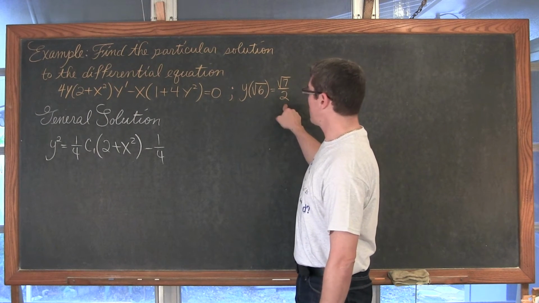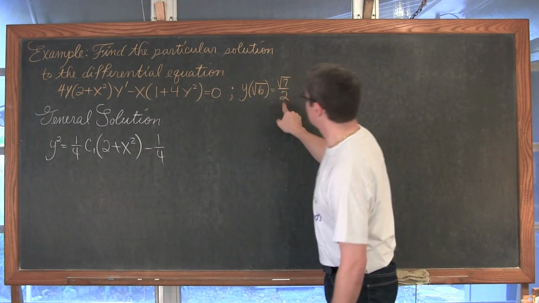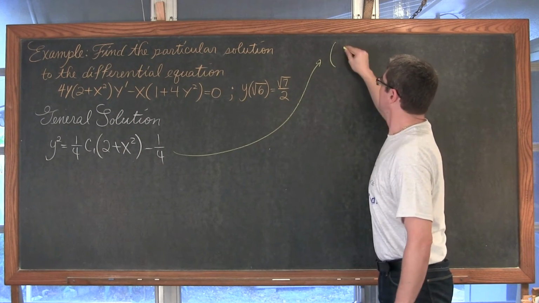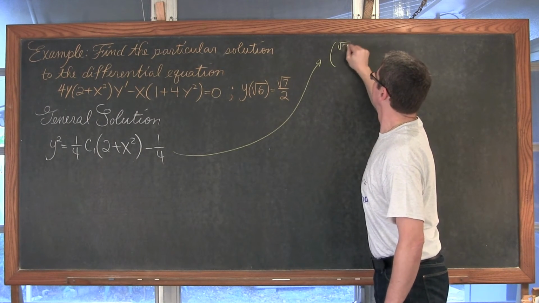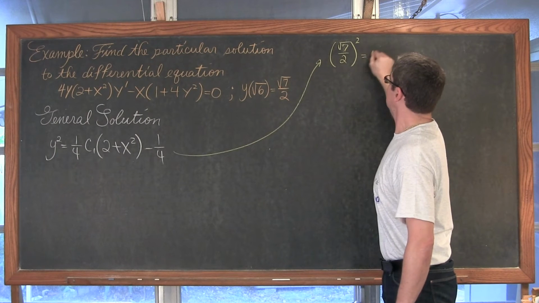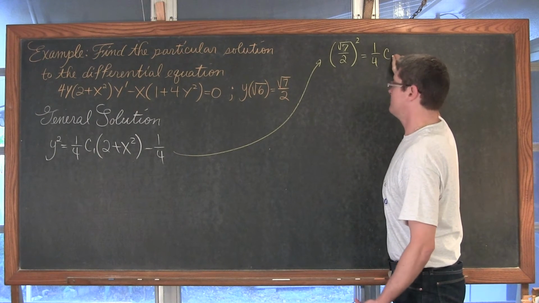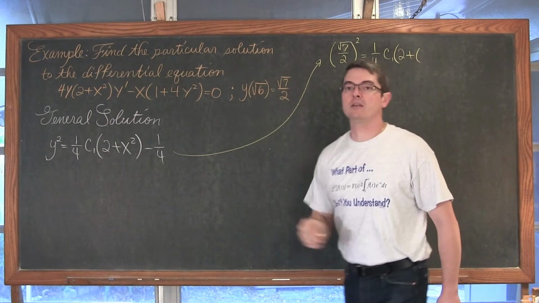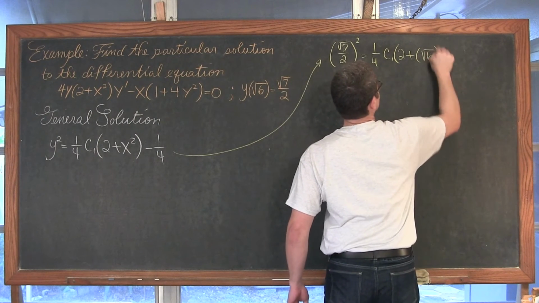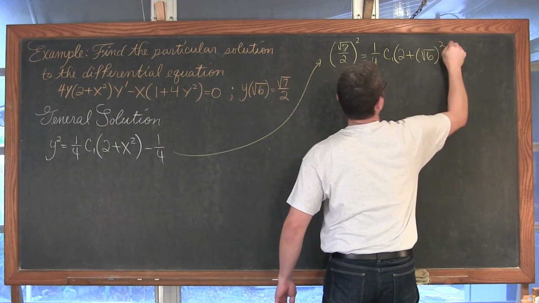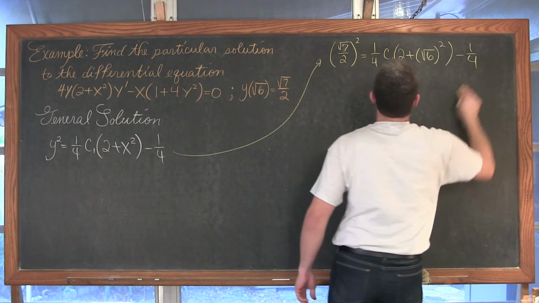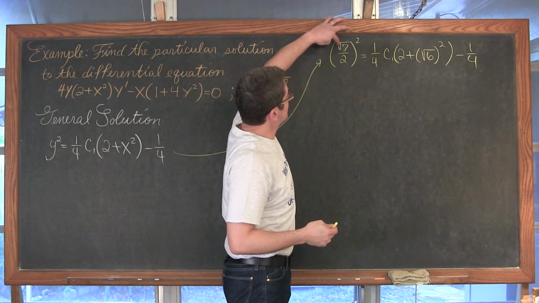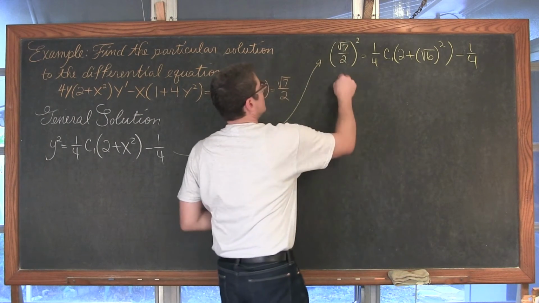So, y squared, let me just make sure I wrote this right, yes. Let's write over here so I have some more room. We have square root of 7 over 2 squared is equal to 1/4 c, so 1 if you will, times 2 plus our x value, square root of 6, squared, minus 1/4. Of course I try to make this work out relatively easily. Square root of 7 squared is 7 over 4